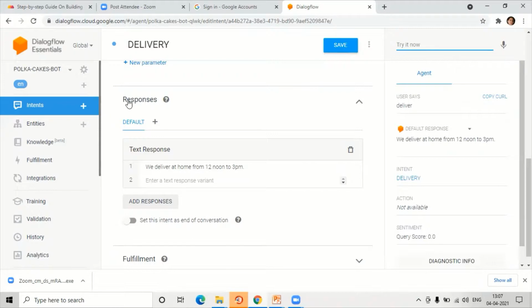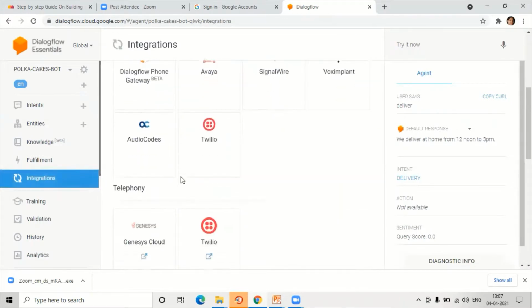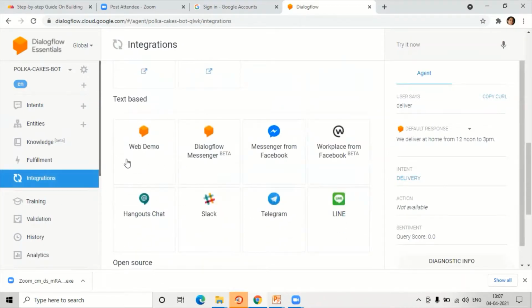So I have told you how to create the agent, how are the different intents created, what are the default intents that we have already, and how to customize them according to our requirement. Now I'm going to tell you how to integrate your bot onto the web. So we go down here, there is an integrations option, and here scroll down, there is an option called web demo.